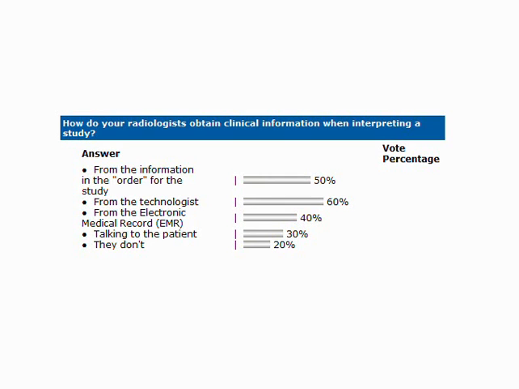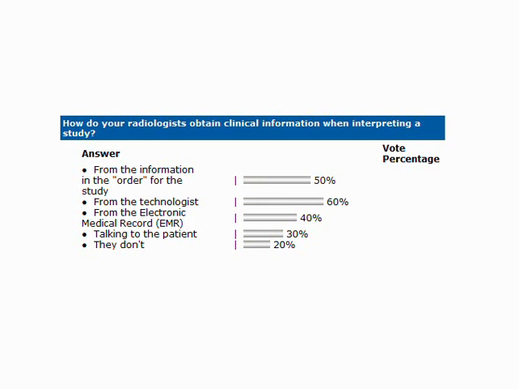It's just not practical to go into the electronic medical record, even for those of us at the University of Maryland and here at the VA who have the electronic medical record. So I think it's really fascinating to see that the information is obtained in 2/3 of the cases either from the order or from the technologist, from the people we polled, and I think that's probably reasonably representative. So what are some of the issues, and what are some of the ways that we can